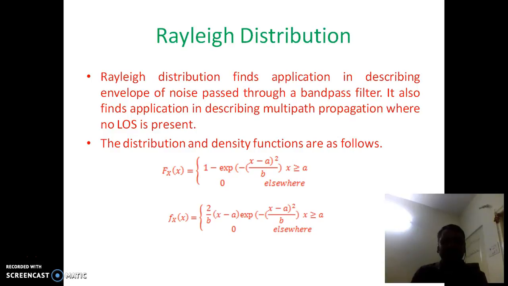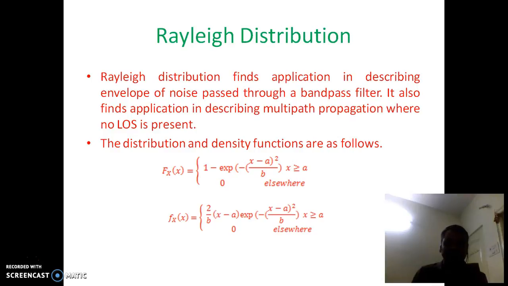Next we will see Rayleigh distribution. Rayleigh distribution finds application in describing envelope of noise passed through a bandpass filter. It also finds application in describing multipath propagation where no line of sight is present. The distribution and density function are as follows: